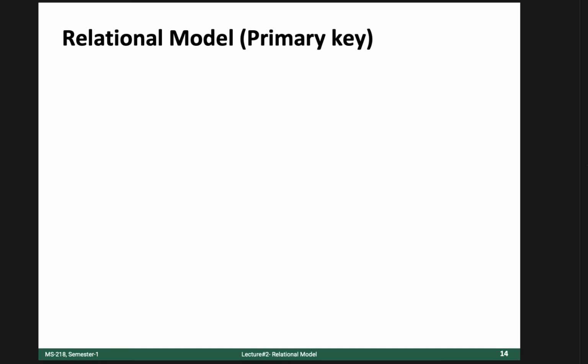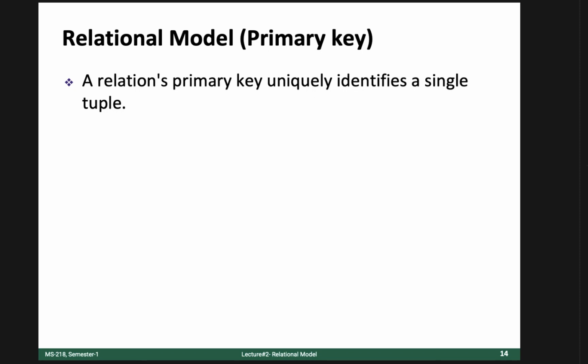from simple English, what is the purpose of a key for a room? Okay. So every room has one unique key, like to unlock this auditorium or classroom. Similarly, in a relational model, you have a key to identify your particular row, your particular tuple, okay? If I am talking about some particular student, then he or she must have some unique key. In your case, it would be your student ID or your registration number. That attribute is your unique key to identify you from other students, okay? Similarly, in databases, a relation's primary key uniquely identifies a single tuple,